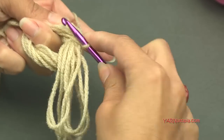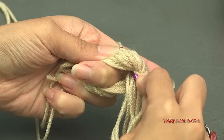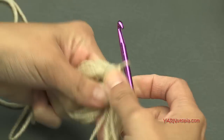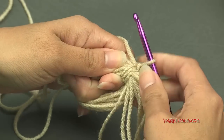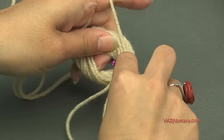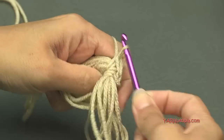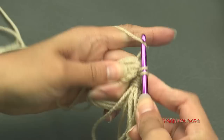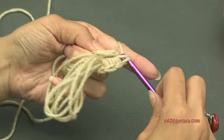Then we're going to go back into the ring and we're going to make 36 single crochets. So go into the ring, yarn over, pull through, and then yarn over and pull through 2 loops. Okay, but you kind of want to pull it a little tighter so that it makes it uniform, like a big donut kind of thing. Okay, so then go back in, yarn over, pull through, and then yarn over and pull through 2 loops. Okay, just like that. So that's 2. Go in, yarn over, pull through, yarn over, pull through 2. So that's 3. This is 4,